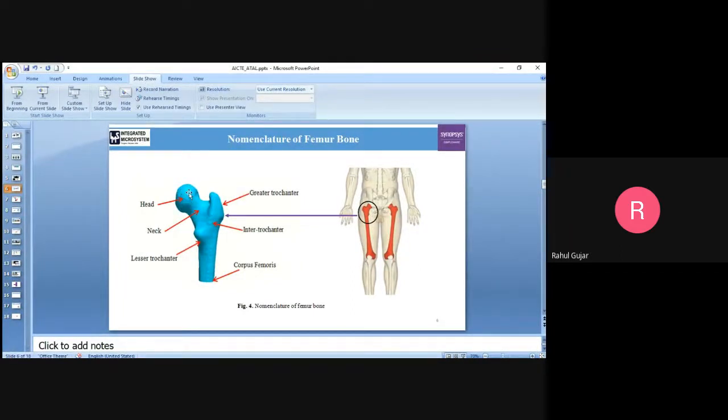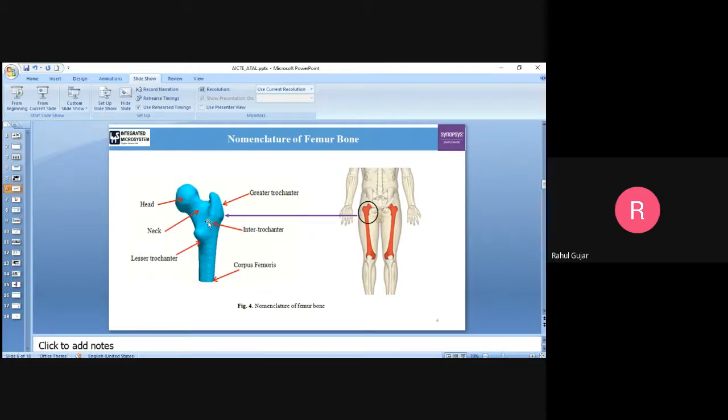the spherical head. You can see the spherical head here, which provides spherical motion, or we can say it articulates inside the acetabulum in all degrees of freedom. Now, another part is called the neck. The neck connects the spherical head with the greater trochanter. The greater trochanter, intertrochanter, and lesser trochanter are connected with some muscles all around your hip joint, and those muscles provide bearing support to your hip